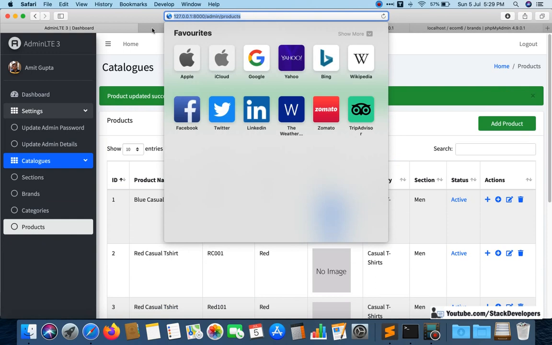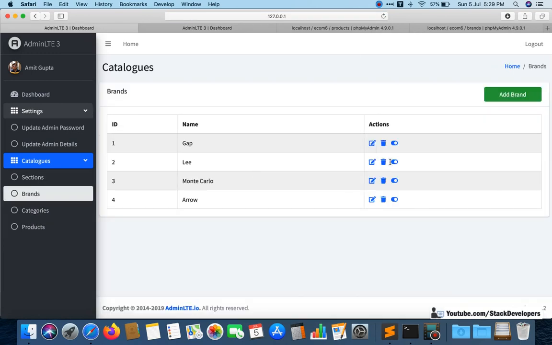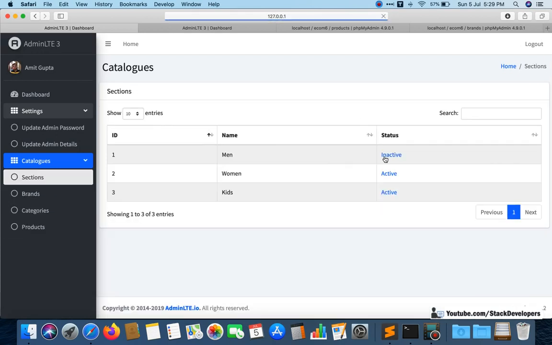Okay, so now we are going to update one more thing for our admin panel. Like for brands, we have updated our Font Awesome icon, we have updated for all these actions, and for sections as well, for categories as well, and for products as well, we want to update our icons, and we want to use that toggle Font Awesome icon for active inactive. Okay, so that thing we can quickly do.